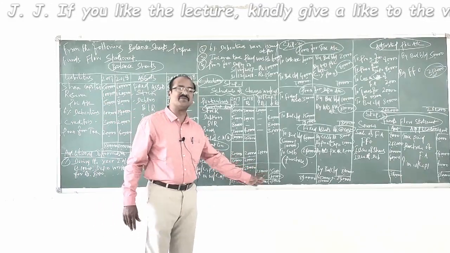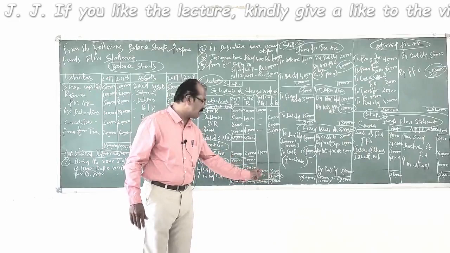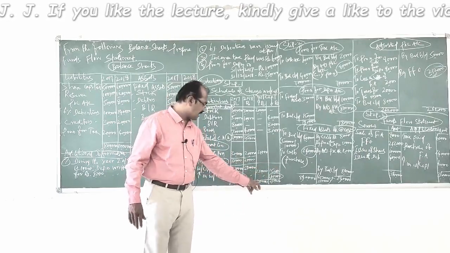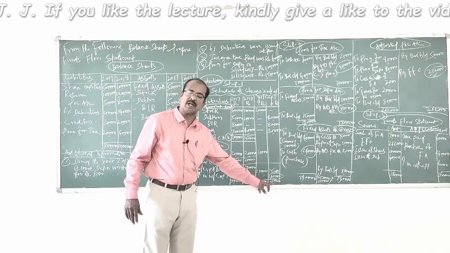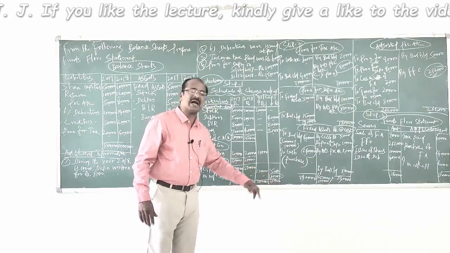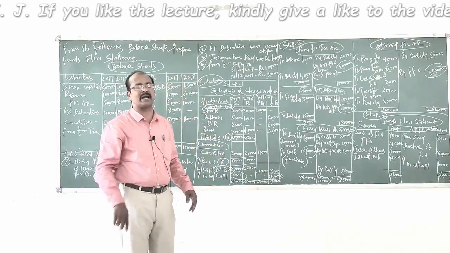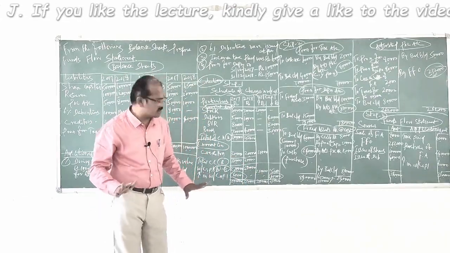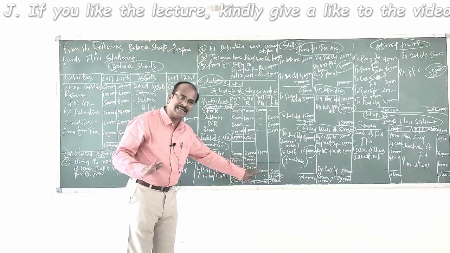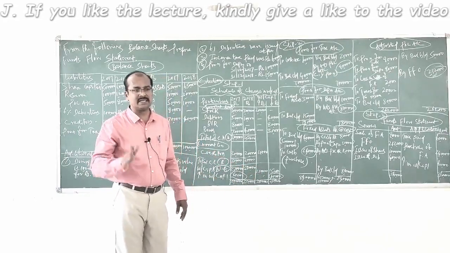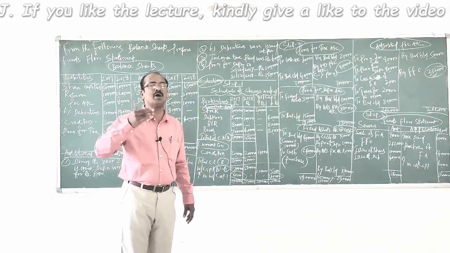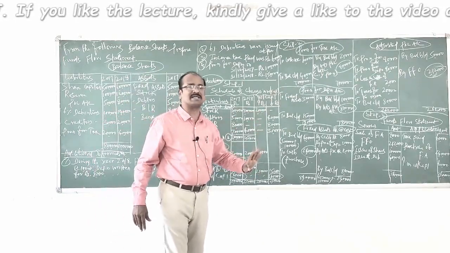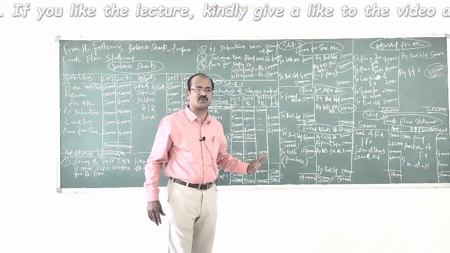The same has been verified with the remaining two columns. Among these two figures, which is the higher one? 2,10,000 is the higher one, and that amount is the total amount for the columns. Now the balancing figure in the decrease in working capital column comes to 60,000 rupees. Therefore, what can you understand? The increase in working capital is 60,000 rupees more than the decrease in working capital. So we have verified. Now let us move to the second step in the preparation of the funds flow statement.